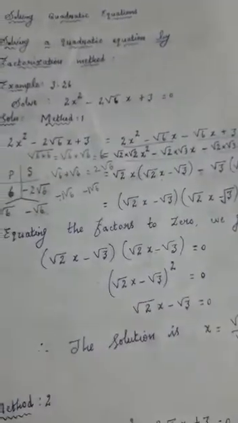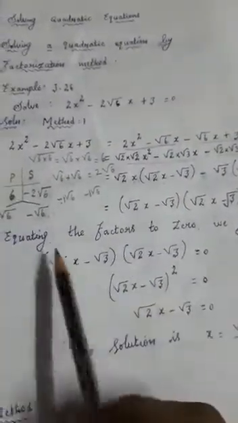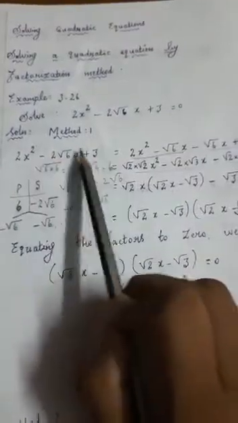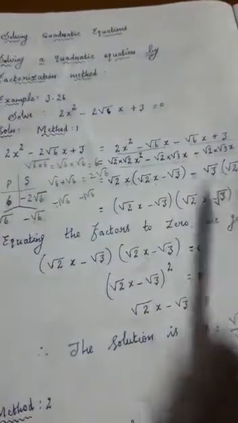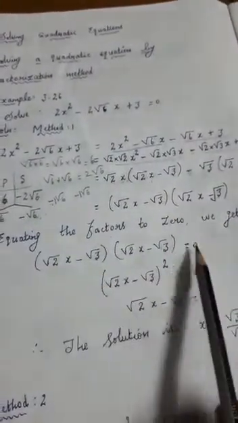Next you are going to equate, you are going to find the x value, the factors you are going to find. Now let us see here. In this question, this equal to 0, that is the equation. So this equal to 0 they have given. This one only we have written like this, we are splitting and written like this. So this equal to 0 means this also equal to 0 only will come. Okay, so then you can write: equating the factors to 0 we get. So this equal to 0, so this also equal to 0 only, so put it equal to 0.